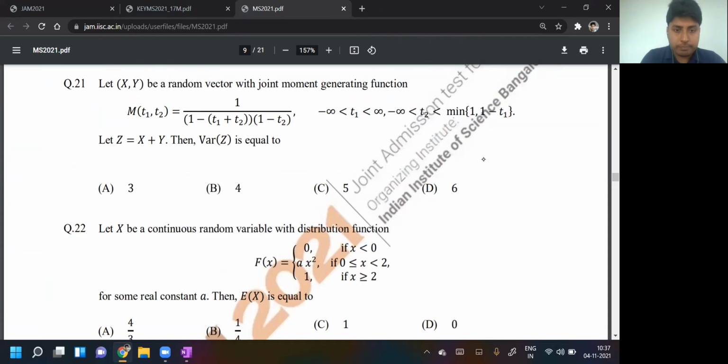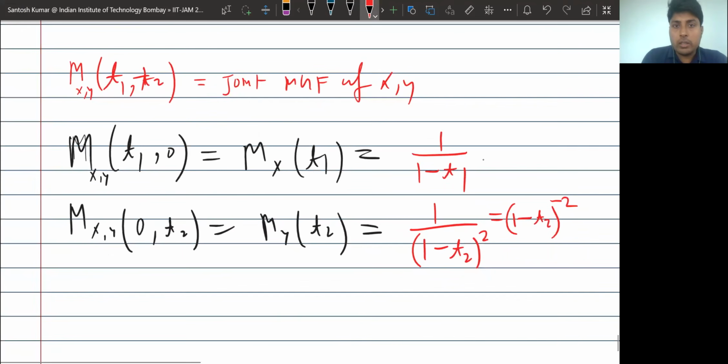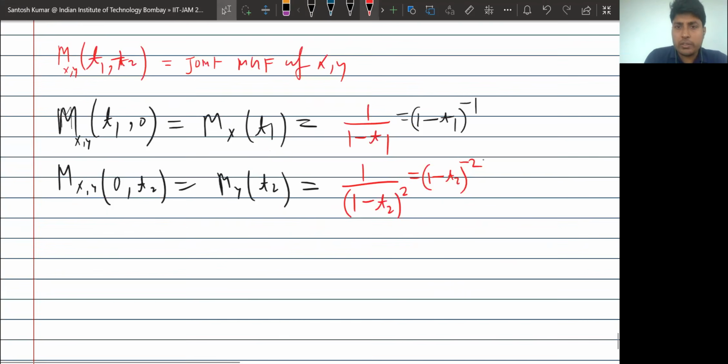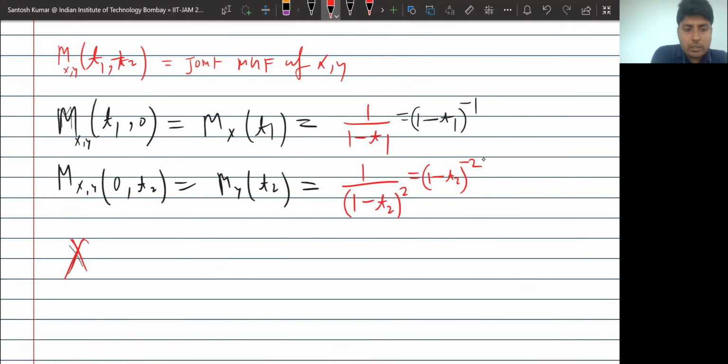So 1 upon 1 minus t2 whole square. So we can write it as 1 minus t2 raised to the power minus 2. Okay, and we can also write the other as 1 minus t1 raised to the power minus 1. So if you look carefully at the MGF, let me give you the concept. Suppose X is